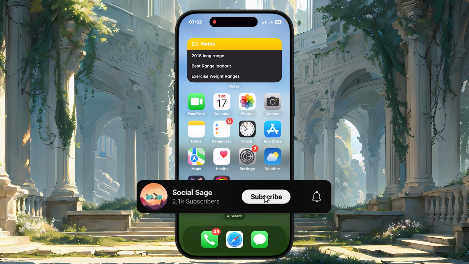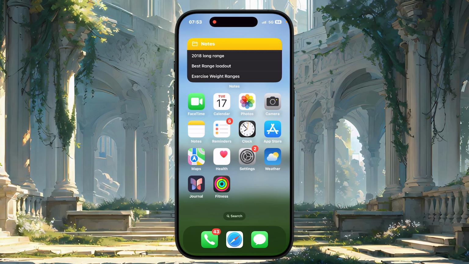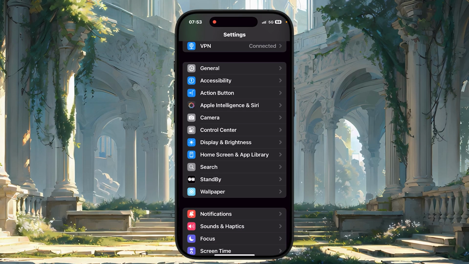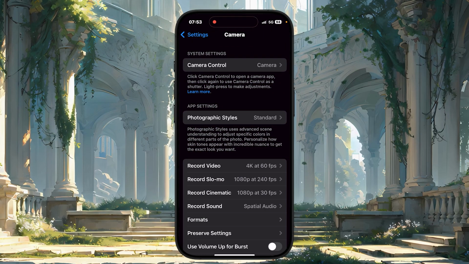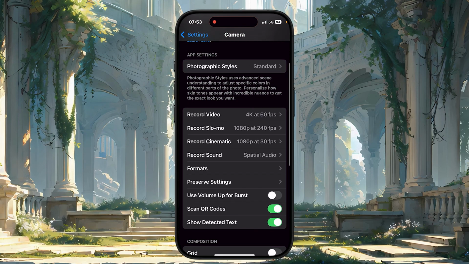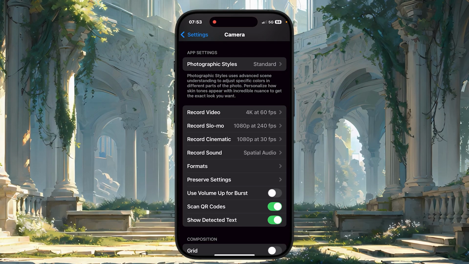Hey everyone, in this video, I'll be showing you exactly how to change your camera settings on iOS. Now, what you want to do is go into Settings and go down to Camera. Once you click on Camera, you'll be given the option to change either Record Video, Record Slo-mo, and